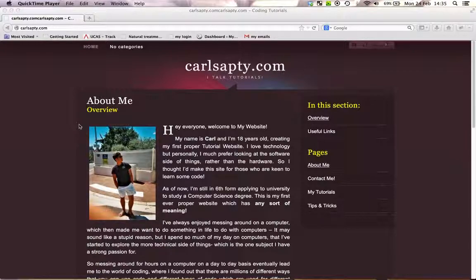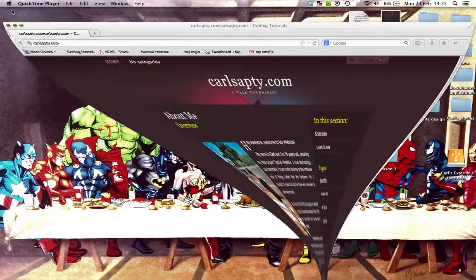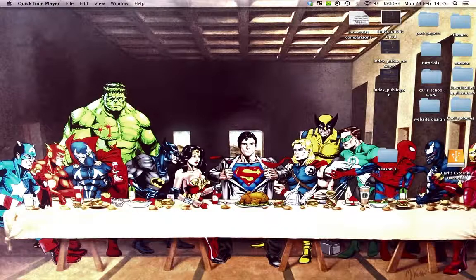Today in my tips and tricks section, I'll be talking about how you can format your external hard drive on a Mac, and then how you can partition the external hard drive so it can be read on a Windows computer as well. So the first thing we want to do is go to your desktop